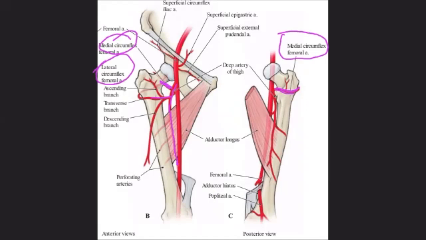So this is how you see. This is the adductor longus. This is our first main point. This is adductor longus. So adductor longus is the demarcation, right, between the femoral artery and the profunda femoris artery. That means the profunda femoris artery lies behind adductor longus, right? Behind adductor longus, whereas the femoral artery lies before it, right?